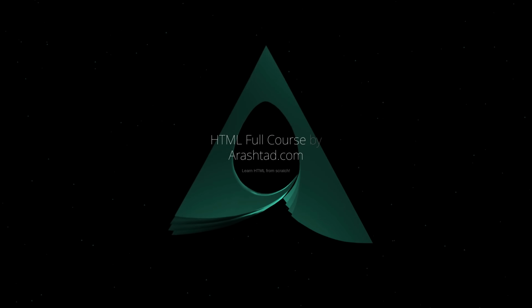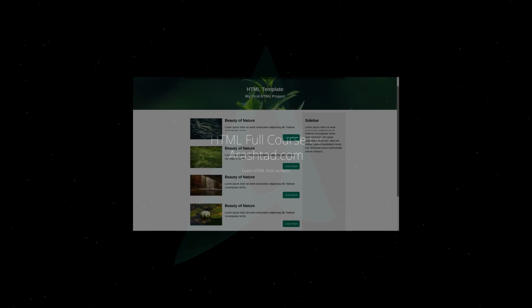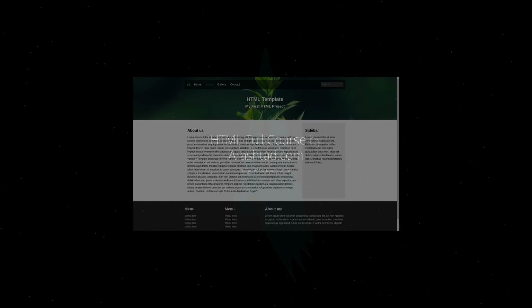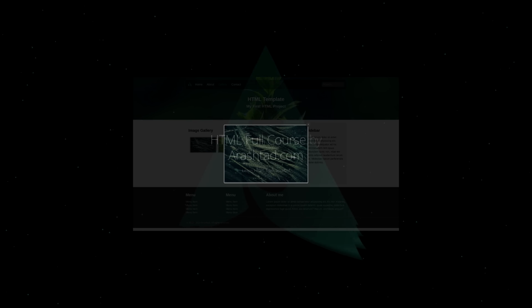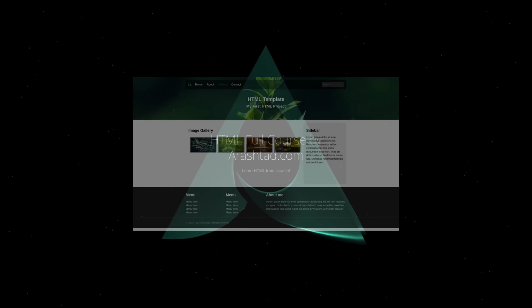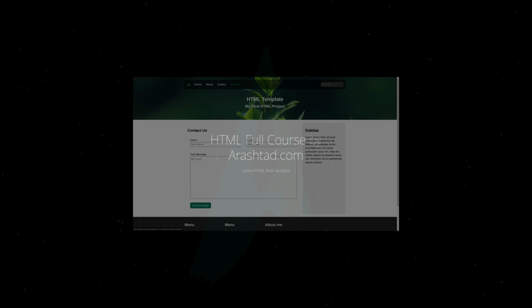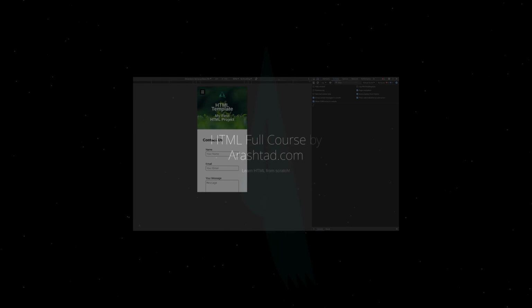stop just there. In the second half of the tutorial, we will be using all of our knowledge that we gained during the course to build a fully responsive and multi-page website. The purpose of this project is giving you the idea of how you can use your HTML skills in real-life projects. Many programmers who know a programming language are not still able to use those skills to build a real project. But by completing a real project after the course, you will gain enough confidence and experience to develop new